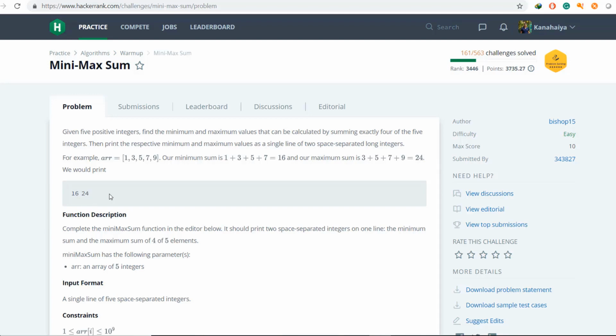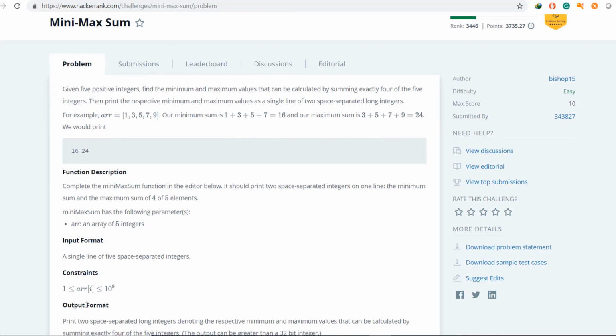Before understanding the logic, guys, we have to check this constraint also. Here we can see the constraint is that an array element can have a range from 1 to 10 raised to power 9. It means if we are going to add 2 integers, it will overflow.